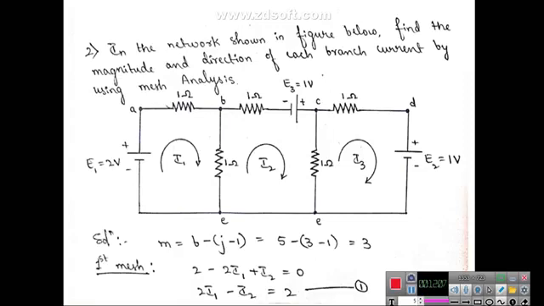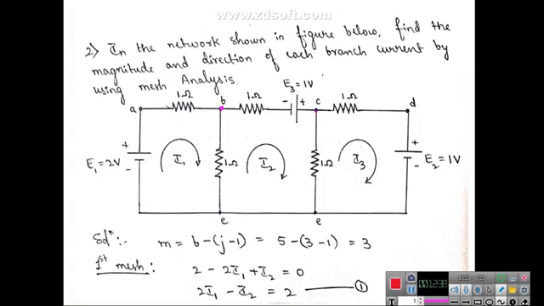And what is a junction? A junction is nothing but a point or a node at which 3 or more elements are connected together. In this network, at node B there are 3 elements, and at node C there are 3 elements connected. Similarly, this is a common node where 4 elements are connected, so this is a junction, which you can refer to as junction E.